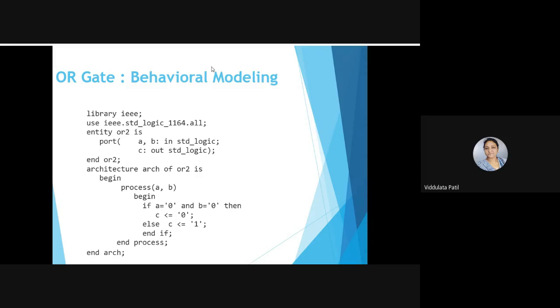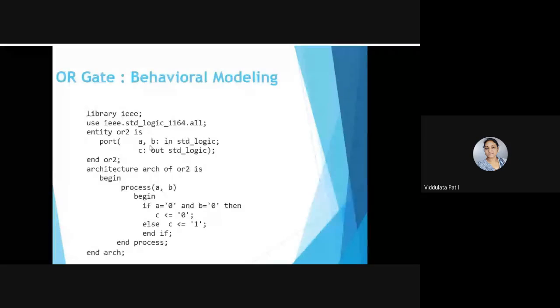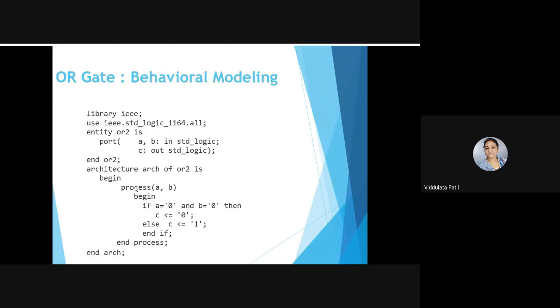Okay, so this is the program for behavioral modeling. The entity declaration and library declaration will be the same as the earlier one. What will change when you say behavioral modeling? The architecture will change. So here, once we start writing the architecture,